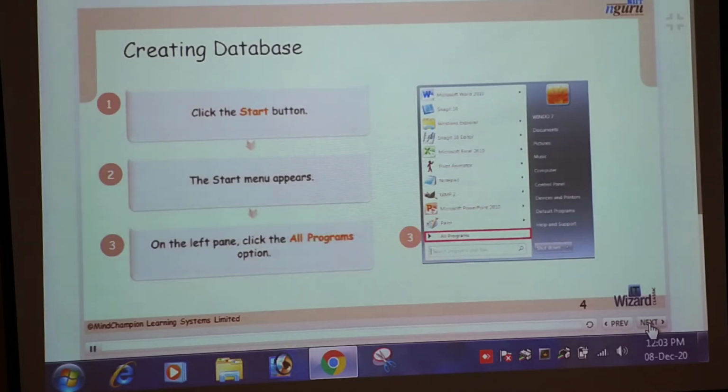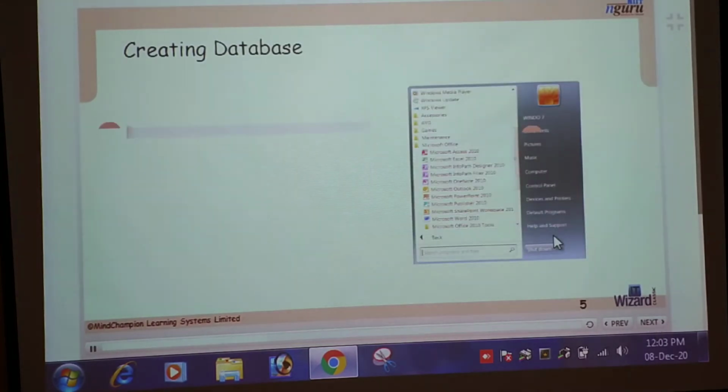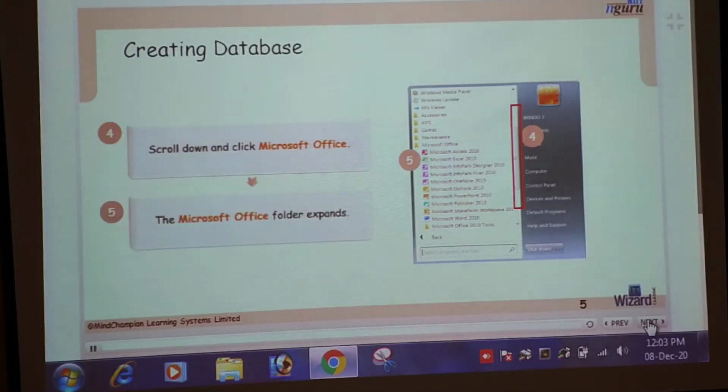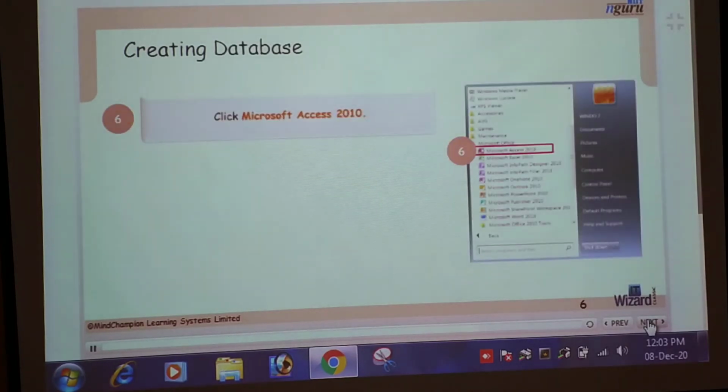Then click on the All Programs option. Then click on Microsoft Office, then expand the Microsoft Office folder. Then click on Microsoft Access.